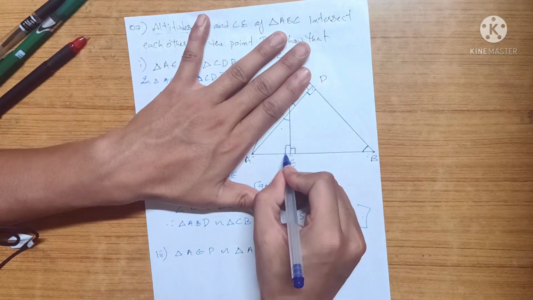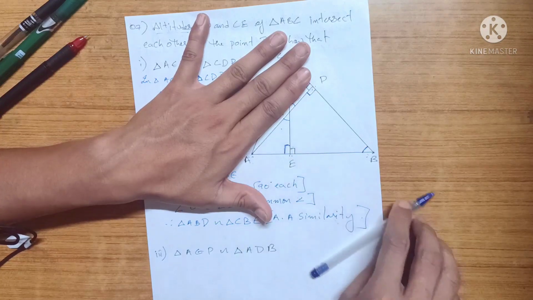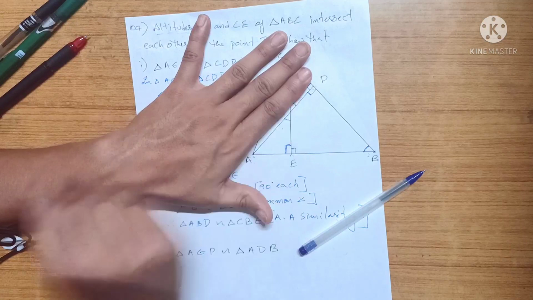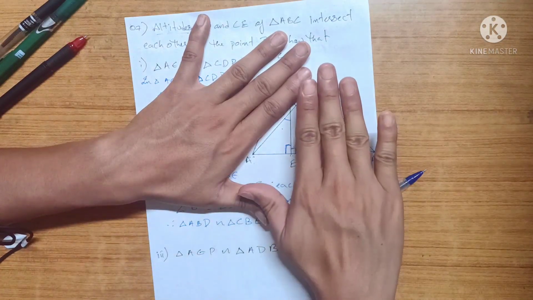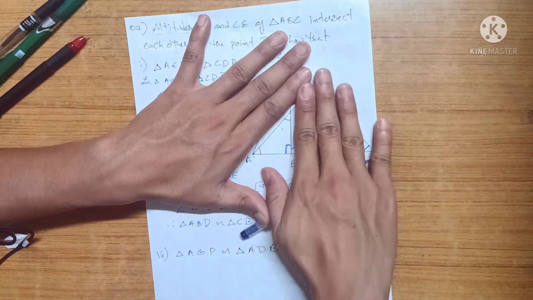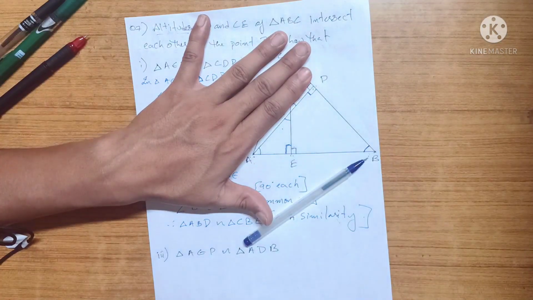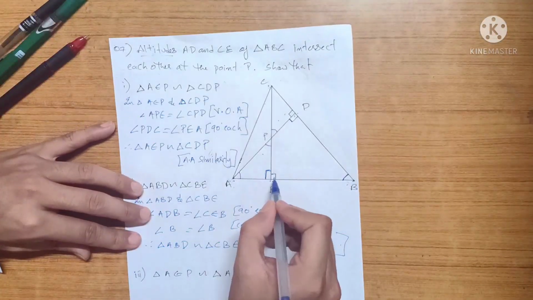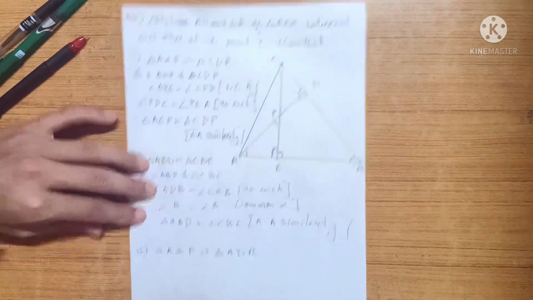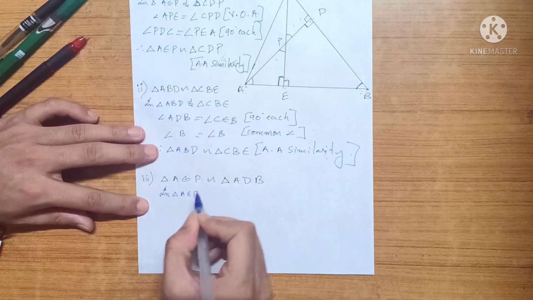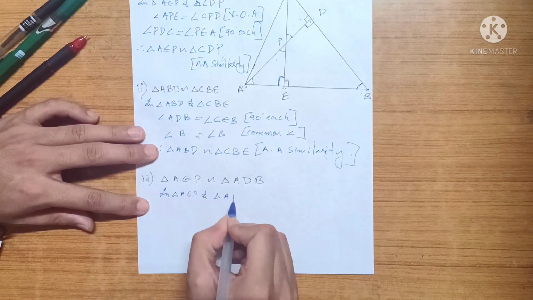So right off the bat, we can see that this small one contains a 90 degree. This big one also contains a 90 degree. And when we do this, angle A is not changed. Angle A is still here. When I do here, angle A is still there. So we're going to take the 90 degree, and angle A and angle A. Same as this. In triangle AEP and triangle ADB,